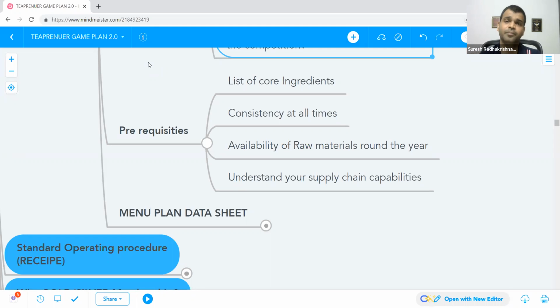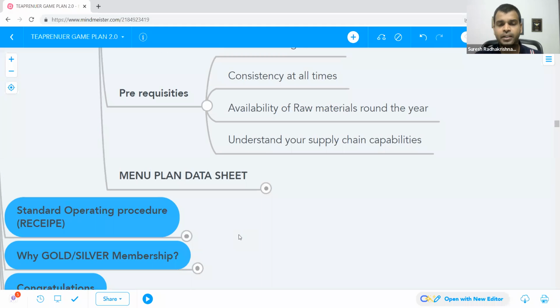I told you, right? Karpuravalli. Karpuravalli leaf is not like tulasi or mint or other leaves that you get in the market. Right? These Karpuravalli leaves, you will find outside the home, or inside. They will keep it as a personal thing, which is not available in the market, which is not commercially produced, which is not commercially used. This was a challenge in the beginning. Of course, some of our outlets didn't have this menu, but initially launched outlets had this menu, right? So make sure of the availability of raw materials around the year. Understand your supply chain capabilities.